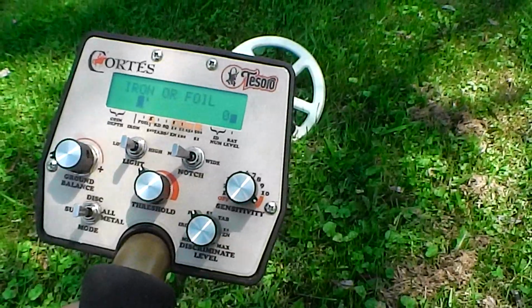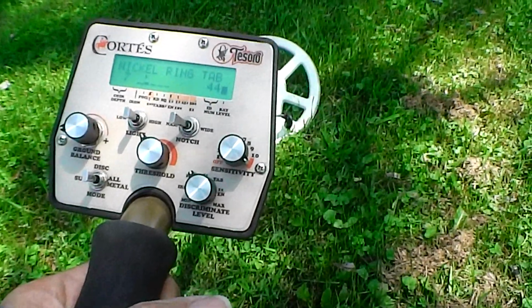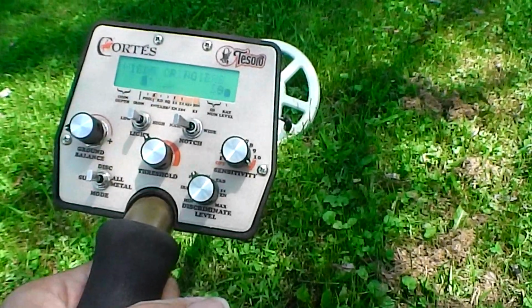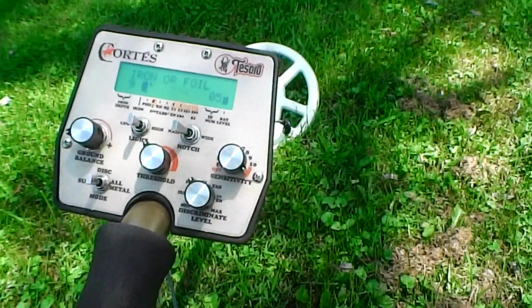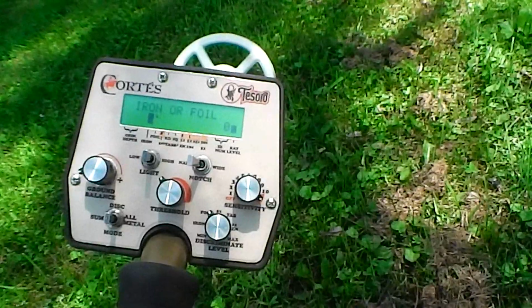Today I'm using my Tesoro Cortes. I just got it. I haven't had it too long. Had a little bit of experience with it so far. I'm loving it so far. It seems to be very dependable, easy to use. Doesn't seem to have a sharp learning curve,